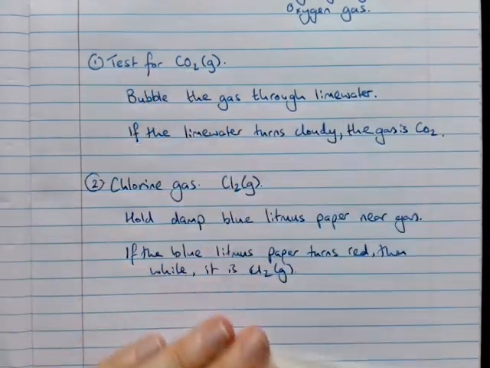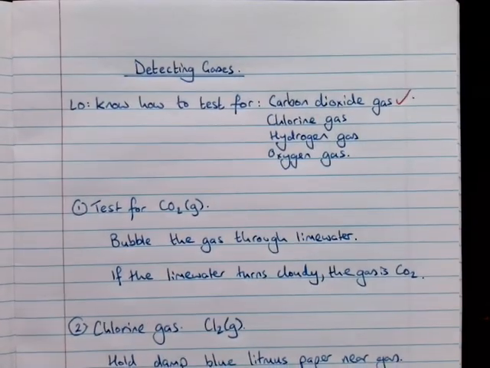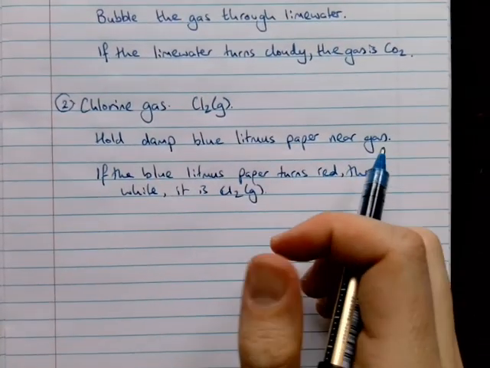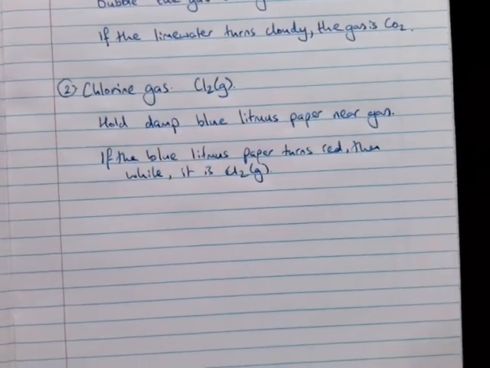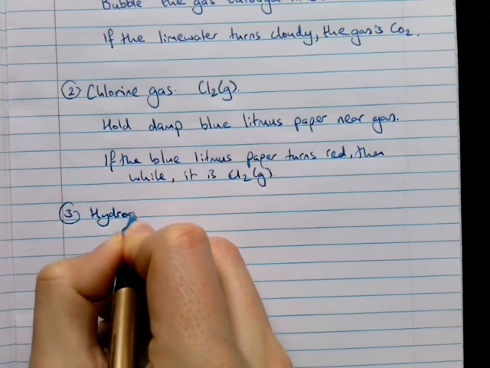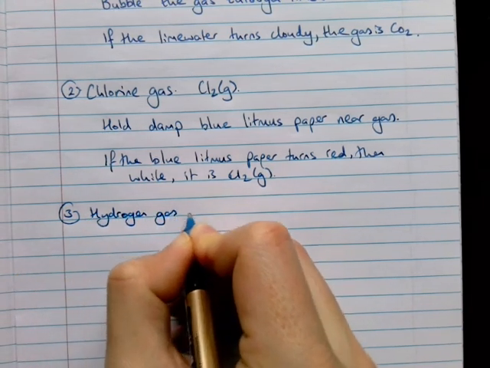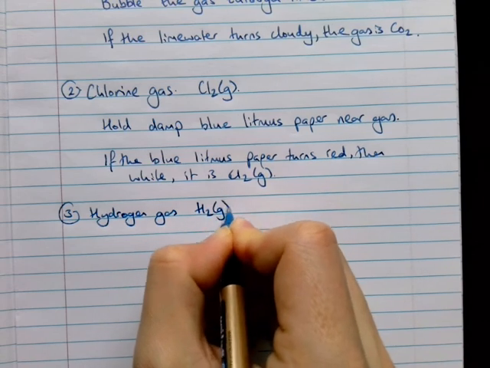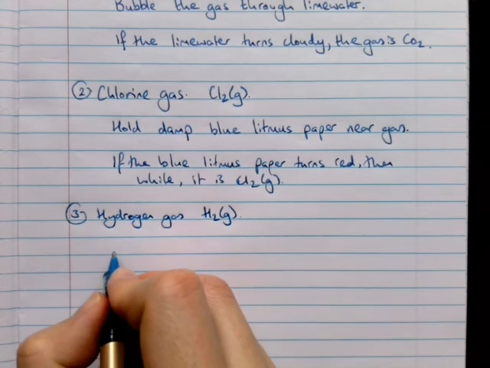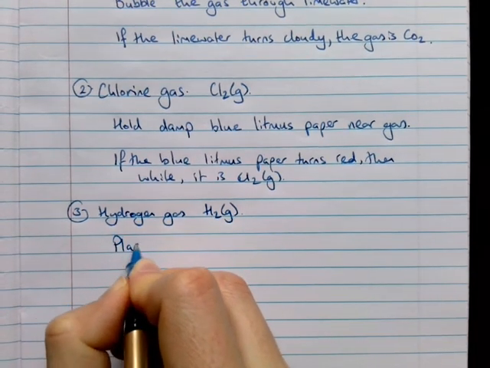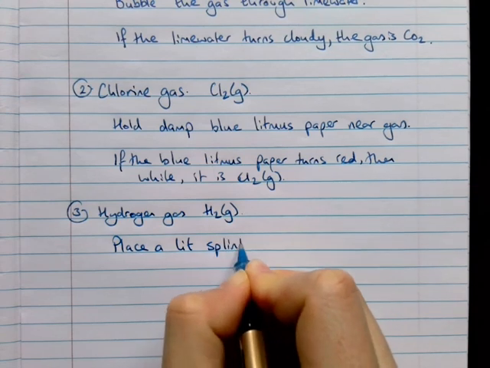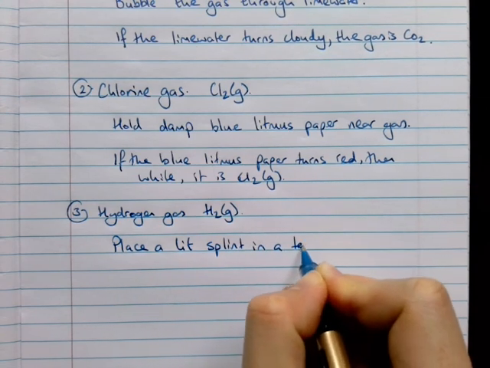All right, so we've done carbon dioxide gas, we've done chlorine gas, now we need to do hydrogen gas. Number 3. Hydrogen gas. Okay, so this is everyone's favourite. The test is place a lit splint in a test tube